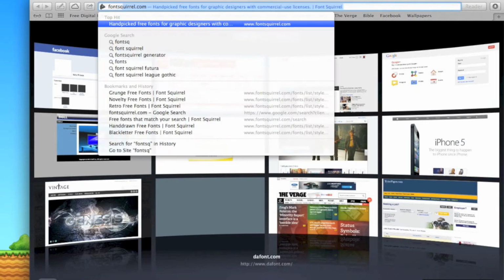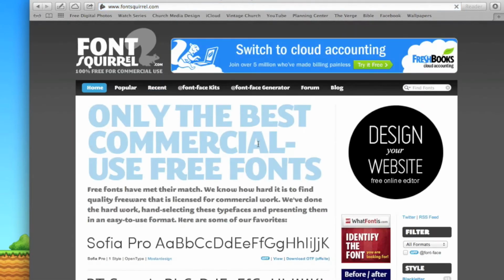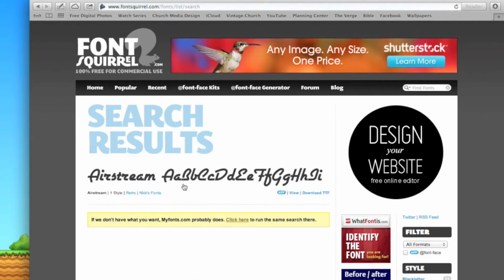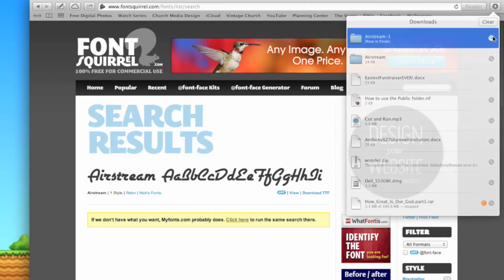If you want to go ahead and go to the internet to fontsquirrel.com, we're going to download a font very quickly. Search for Airstream. Now FontSquirrel is 100% free and commercial use. We can use it for anything that we want, and all we got to do is download that over here. They have a ton of cool fonts that you can download at any time, and we're just going to open that